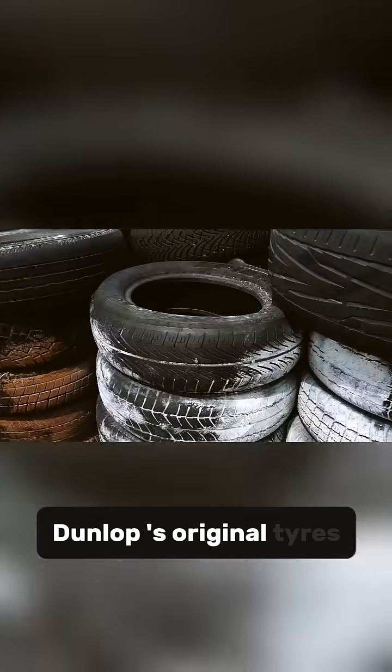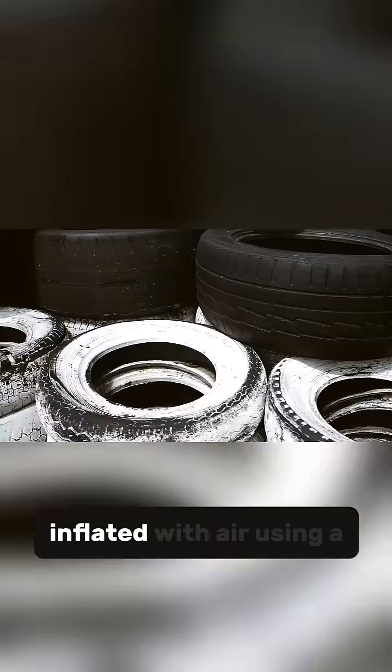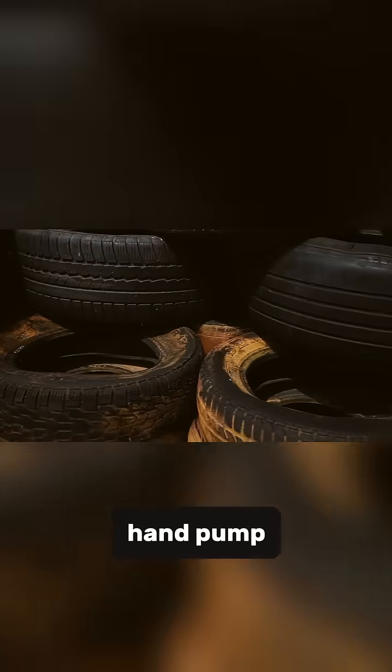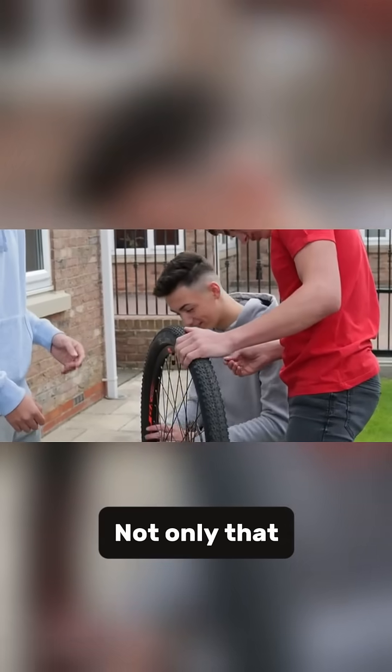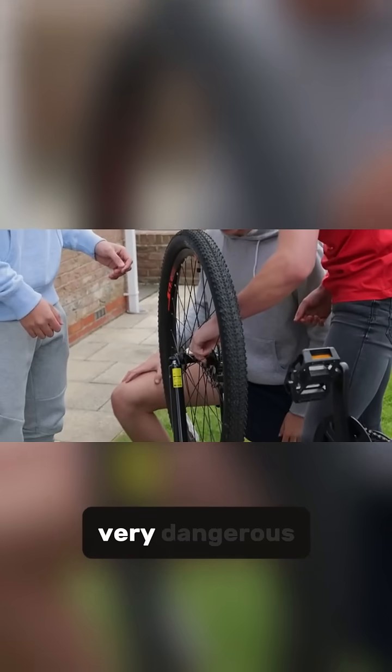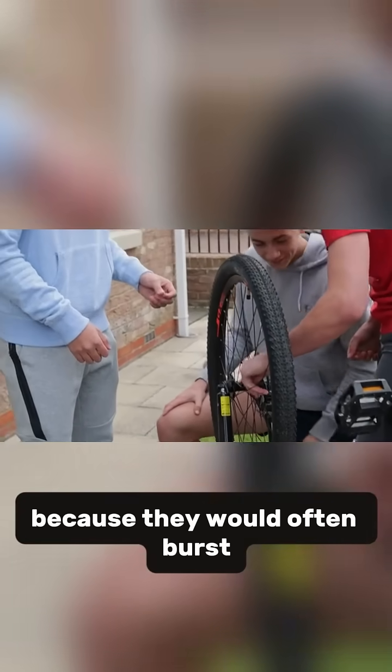Dunlop's original tires were made out of canvas and rubber, and they were inflated with air using a hand pump. Can you imagine having to pump up your tires with a hand pump every time you wanted to go for a ride? Not only that, but the early tires were very dangerous because they would often burst, and this